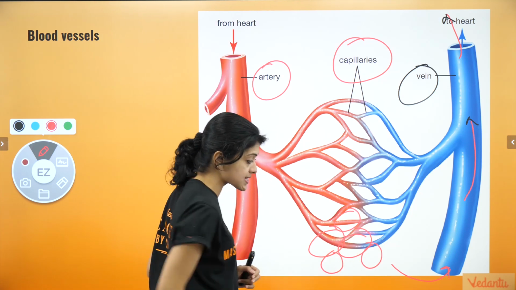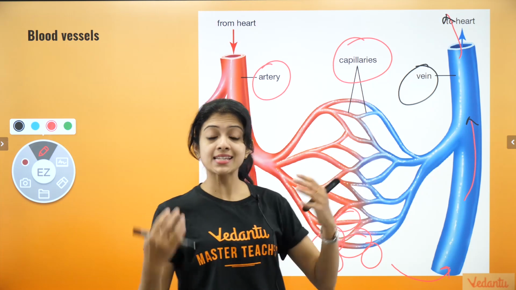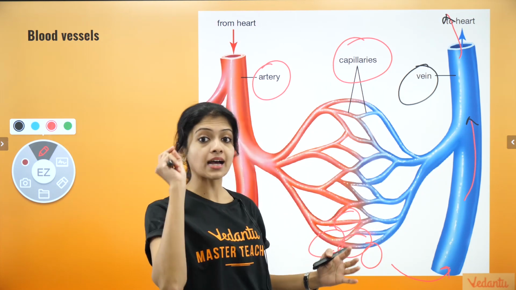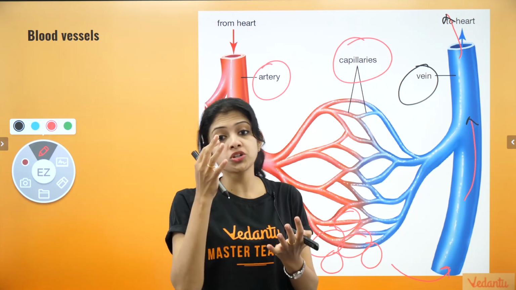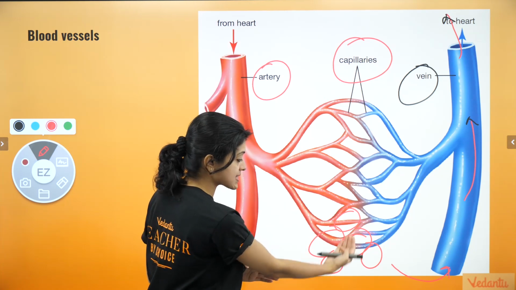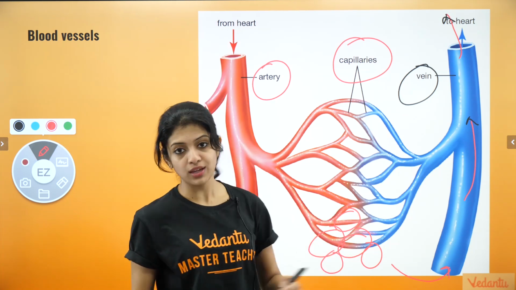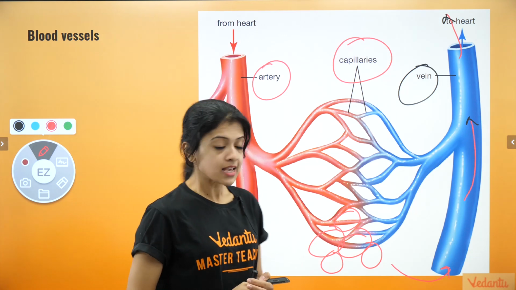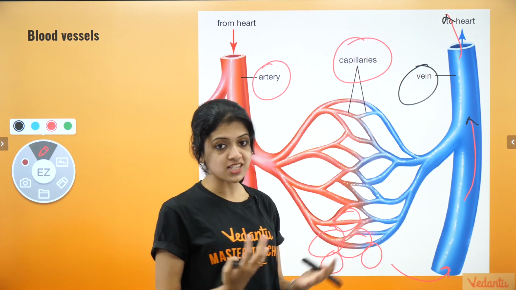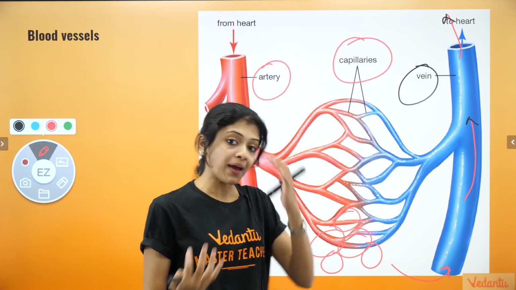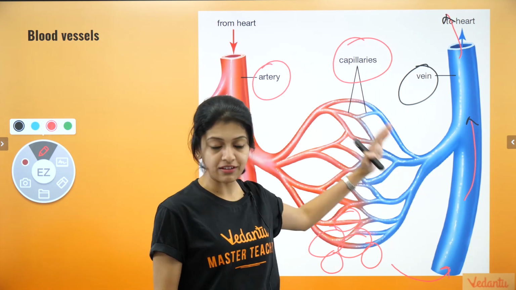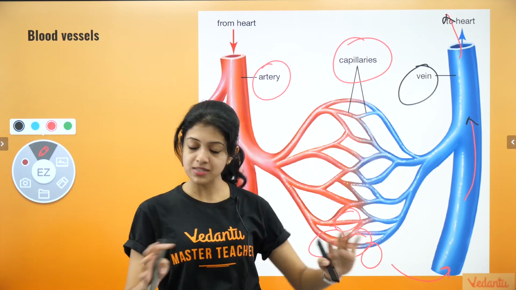So what happens is, because the capillaries are directly in touch with the tissues and cells of the body, and the capillaries are thin-walled, diffusion of oxygen and carbon dioxide can easily happen between the cells and the inside of the capillary, right? So imagine it to be like that, and then after that exchange happens, depending on whether it's oxygenated or deoxygenated blood, it goes into the veins or the arteries bring it respectively.